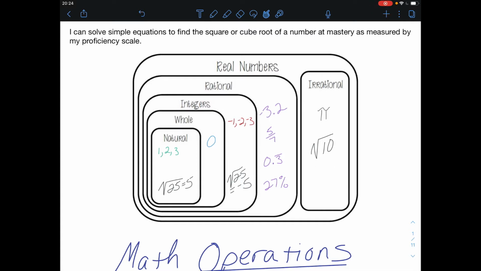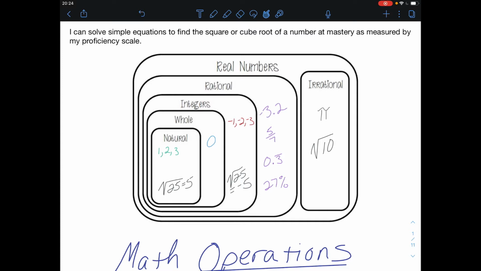In this video we're looking at square and cube roots. Our learning target is to make sure we can solve simple equations to find the square or cube root of a number at mastery as measured by our proficiency scale. This will help us to succeed and master standard